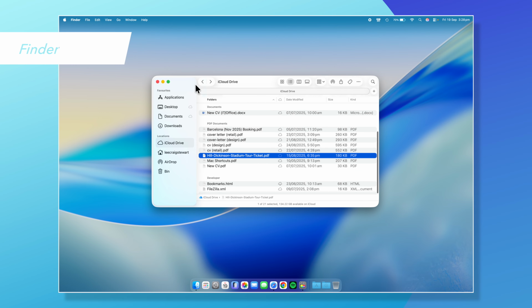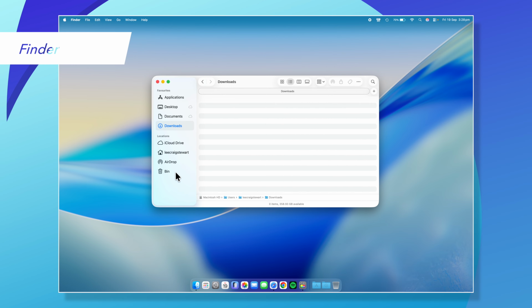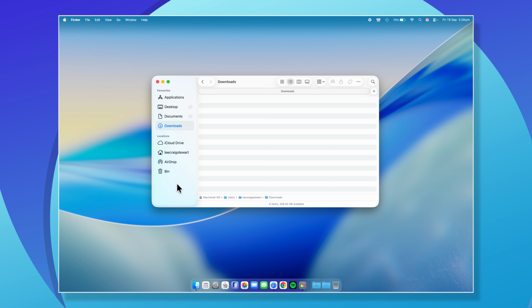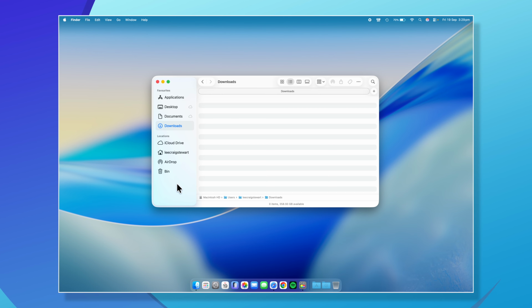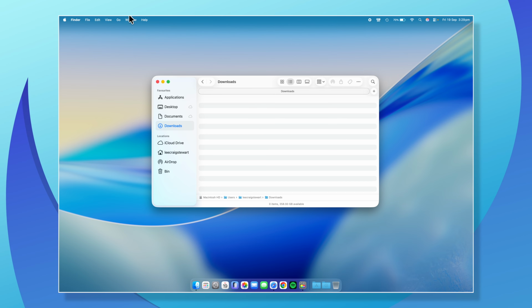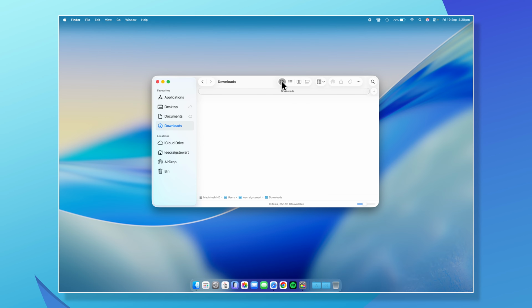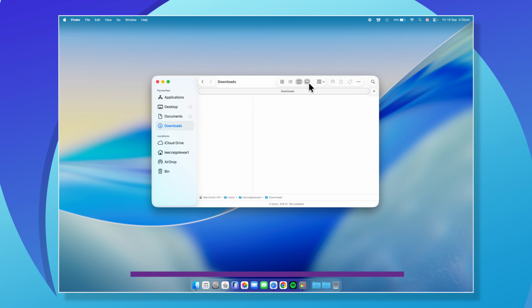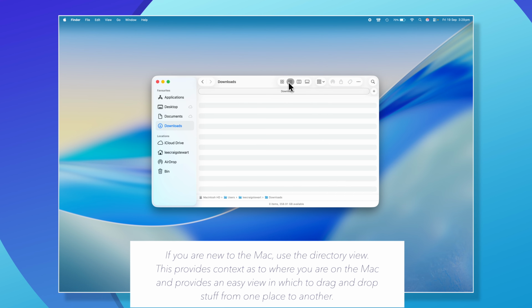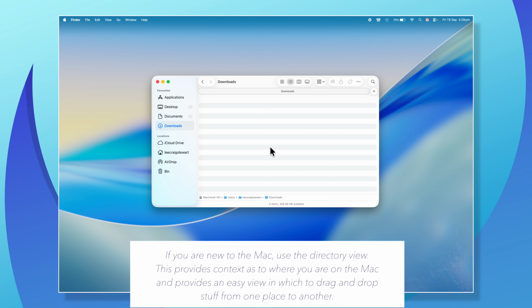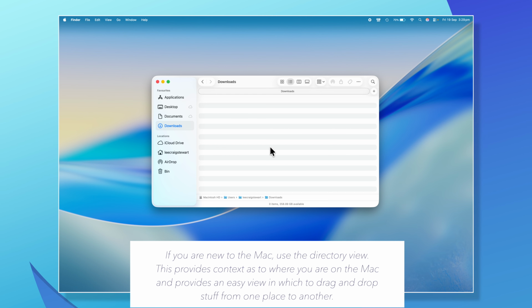So the Finder, let's go with the Finder. The Finder is more or less the same as File Explorer in Windows. You can change the icon sizes. There's icon view, list view. There's a directory view. There's also an image view. I would always keep it on the list view because it's the same on the iPhone, more or less, if you've got an iPhone, so you'll sort of compare that to that.